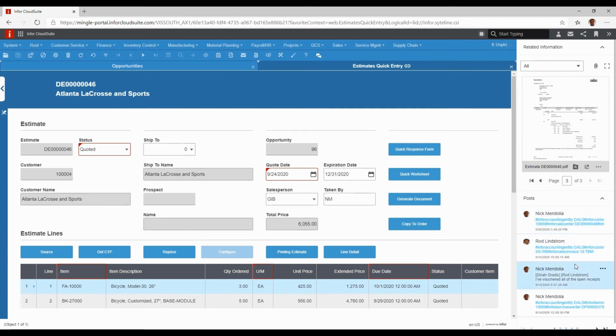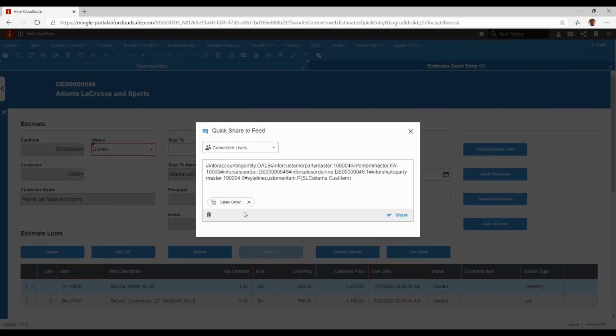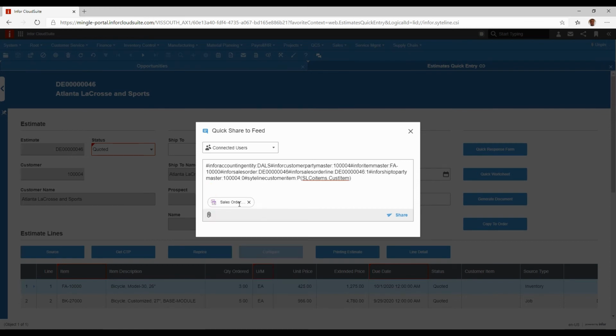And of course, here's my collaboration feed also here that I can get to at any given time, which is really nice. The nice thing about this, you can either set up a workflow that says, hey, when an estimate is created, send it to the salesperson. But let's say Tim in this case did approve this estimate. What I can simply do is go to my collaboration feed, and what it does is it provides a link to this particular estimate. In the system, it considers it a sales order with a type of estimate, but I can just say, hey,